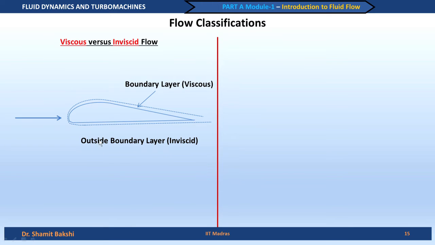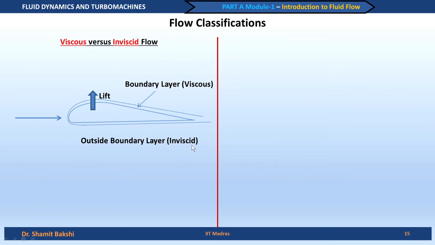We can neglect the viscous stresses or viscous forces in the inviscid flow region, but within the viscous boundary, within the boundary layer, viscous forces are dominant and they have to be considered. So, this is the first classification, and